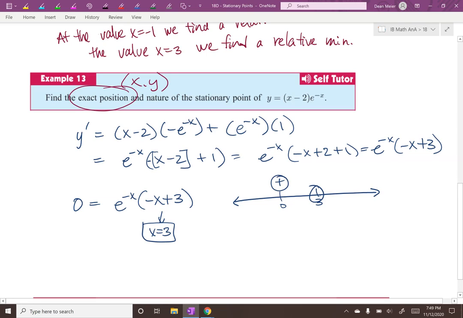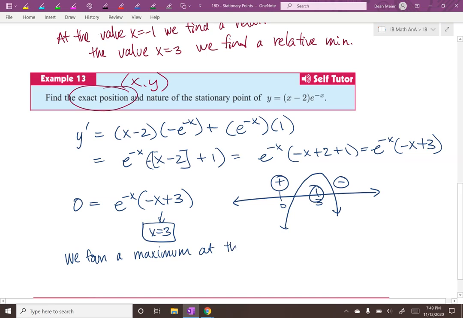And pick something to the right of 3, like 10. E to the negative 10. That's 1 over e to the 10th, something very small, but positive. And negative 10 plus 3 is negative, so this would be negative. And so I can tell you that the graph is increasing before 3, but then decreasing after 3. So that means it's increasing. So if I start, it's increasing, and then it starts decreasing. We have found a maximum